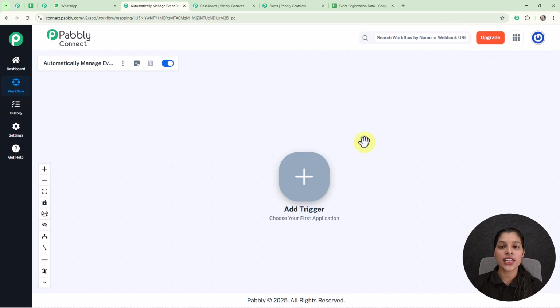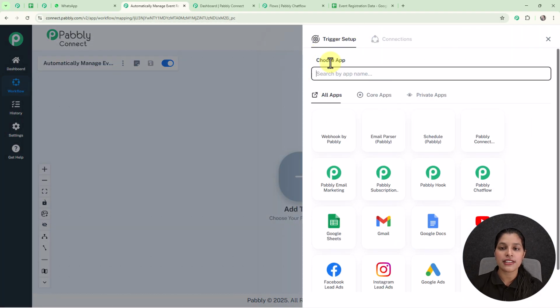And on this page we are getting the option for adding the trigger. So trigger is basically the application which is going to initiate a workflow. In this case I want to initiate my workflow as soon as I receive a new message over the Pabbly Chatflow. So now let's click on this add trigger button, and you will land on this trigger setup page